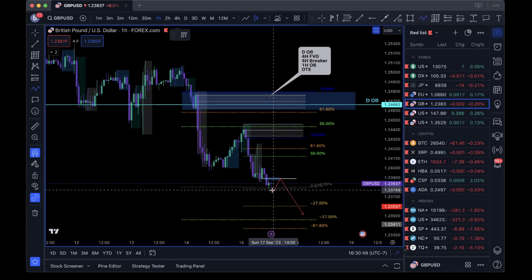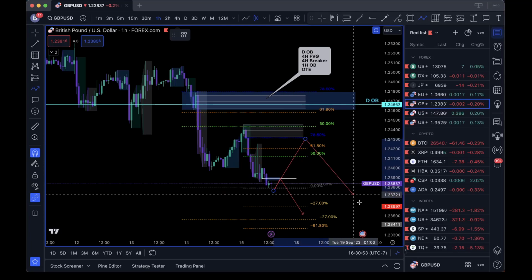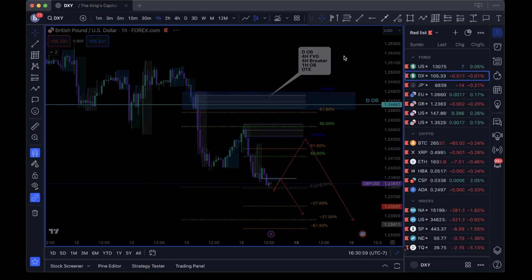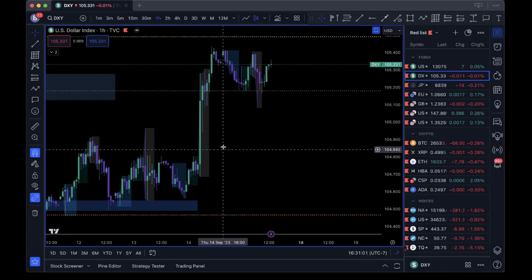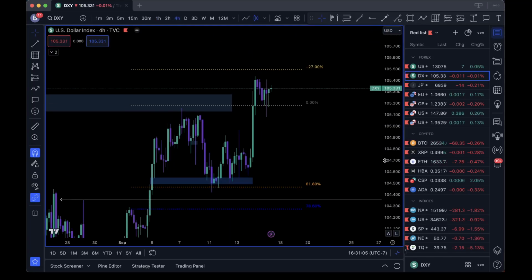This is not my ideal chart though, guys. If you're wondering why I'm looking at this going, I could see this going a lot of ways. We'll just have to correlate it with DXY. You know what I mean? Is DXY at a level? Let's go ahead and take a look at DXY. Now, we have a lot of room on DXY actually to come down if we want to retrace a bit. The candle closed pretty strong, but if we break over this high and tap into the 27, that'd be great.